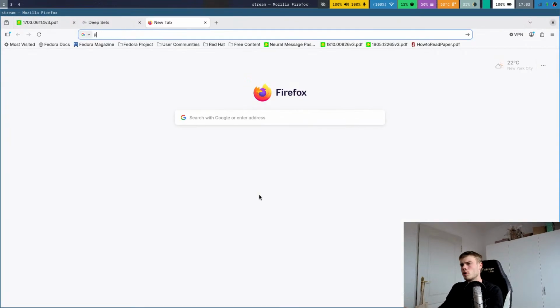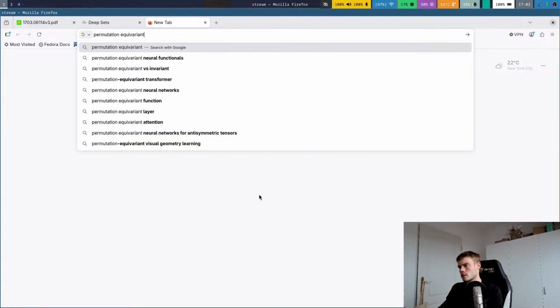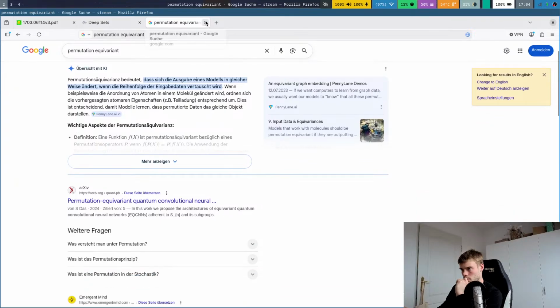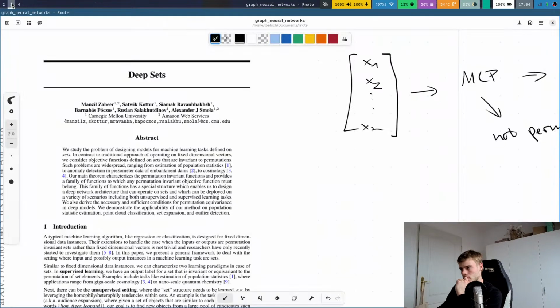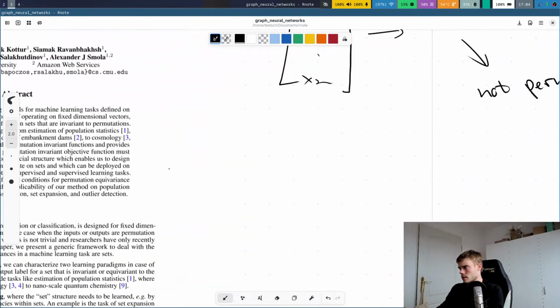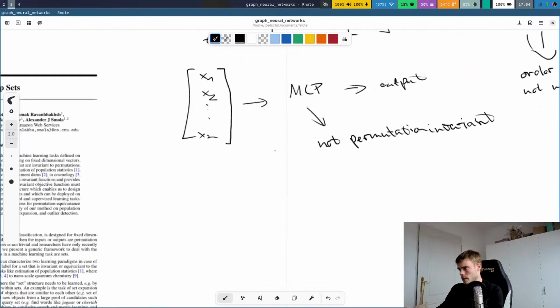What they mean by permutation equivariant, I don't really know. They probably will explain this, hopefully. But okay, so what they are now doing is, okay, let's define